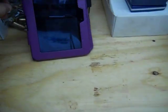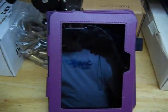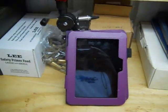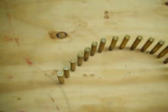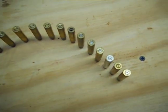And I was just watching Ted Nugent on Piers Morgan on my girlfriend's Kindle Fire. No, I do not have a purple Kindle Fire. But